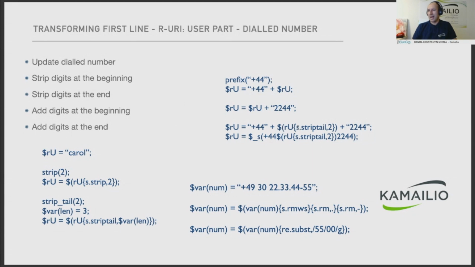You can use other variables during these operations. Transformations are like functions to be applied to the value of a variable. And for example, we have this transformation to remove white spaces or certain characters like the dot or the dash. So if someone dials from a mobile app and puts these characters in between, you can easily remove them.